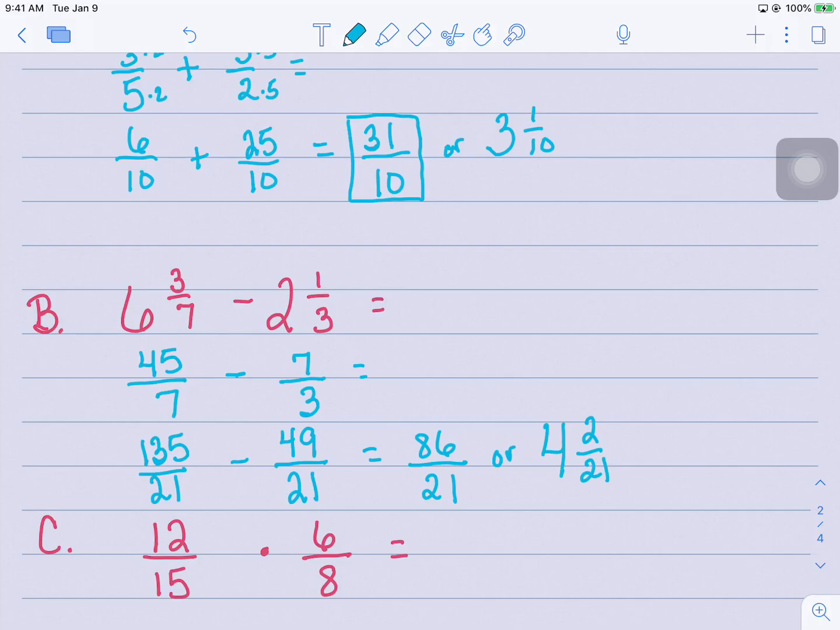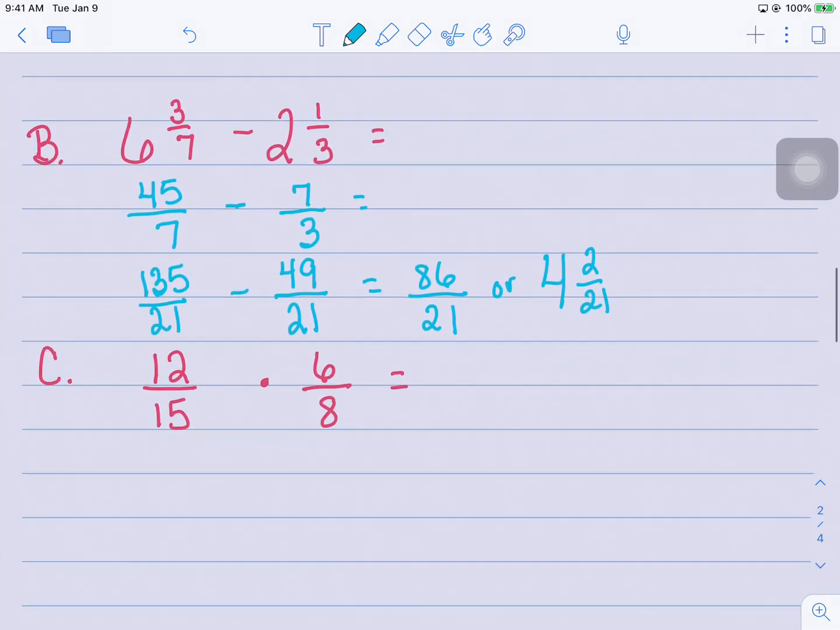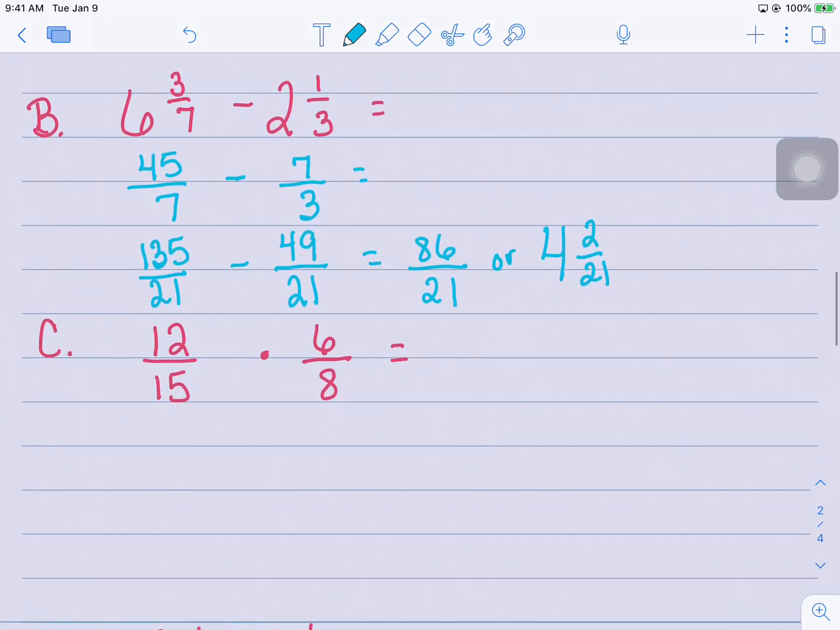All right, so example C. We have 12/15 times 6/8. We are wanting to always think about simplifying before we multiply or divide, if we can. So when we look here, we can simply multiply across. We're going to get some very big numbers, which means we're going to have to then simplify down, probably quite